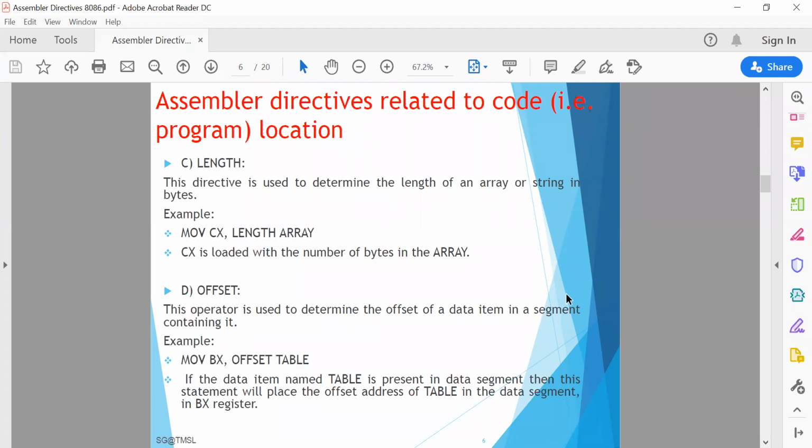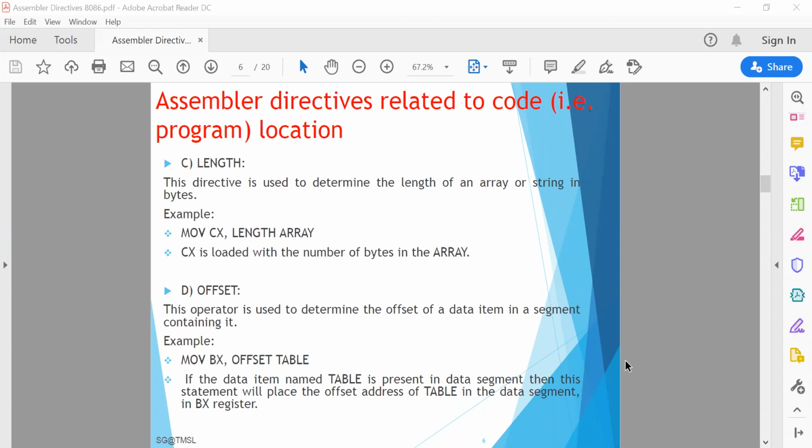If the data item named TABLE is present in the data segment, then this will replace the offset address of TABLE in the data segment, and it is stored into the BX register.